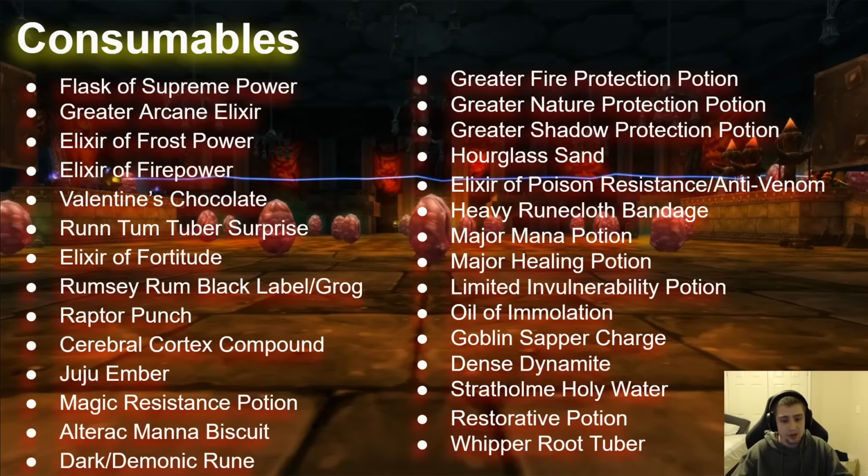He puts a poison on you, the green debuff, and you can just remove that instantly with one of these consumables right here, and they are not that expensive. Like Elixir of Poison Resistance are like 1 gold, so it's really not that bad, and they're easy to farm from low level spiders. Then bandages, there's going to be times where you're bandaging yourself inside the raid, so have some